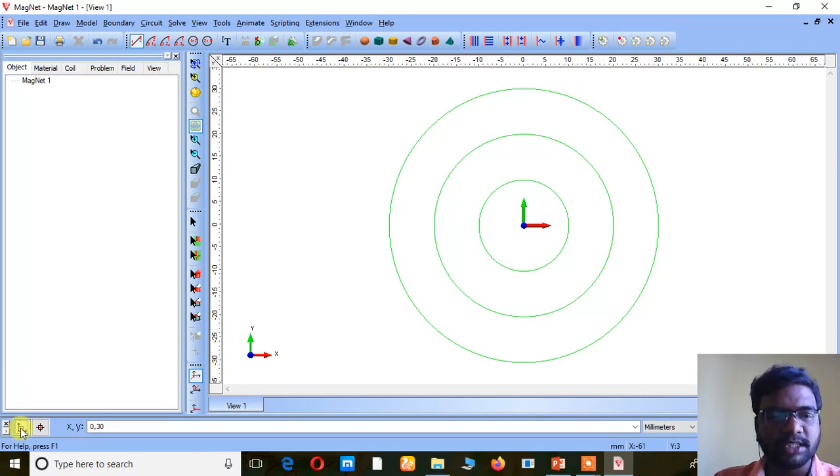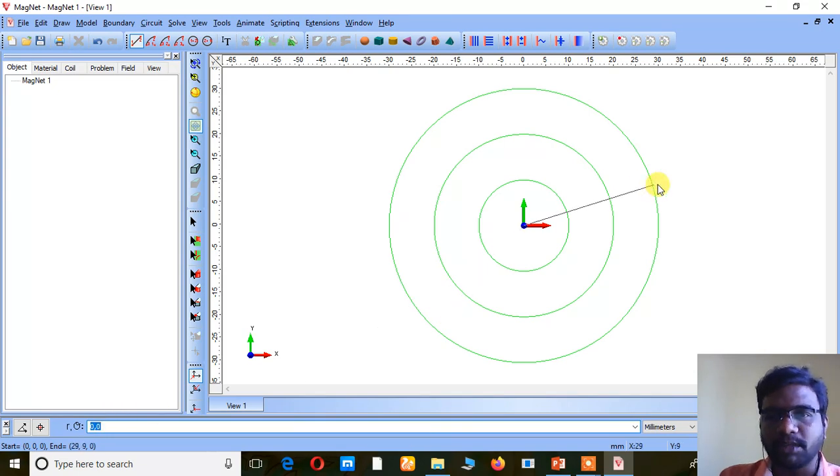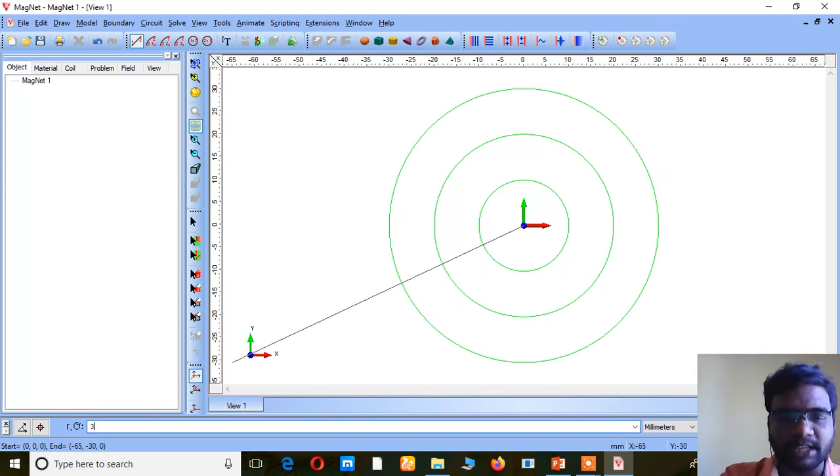So I am just changing this icon such that x, y is now replaced as r comma theta. Now again I am selecting this line. Again I am going to initialize it. After initializing we have to check once whether I am getting it from the origin or not. After getting it from the origin I am going to choose the values of the outer radius. So here the radius value is 30, and I am just considering the angle value as 10. It is an assumption design, right.